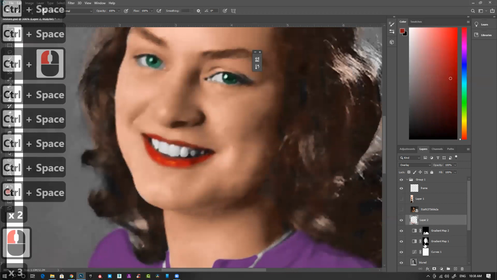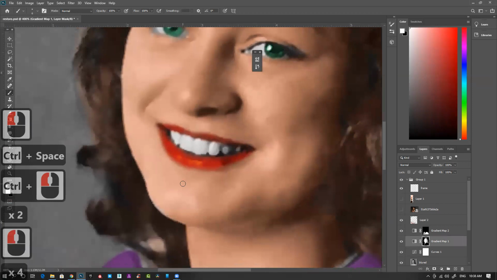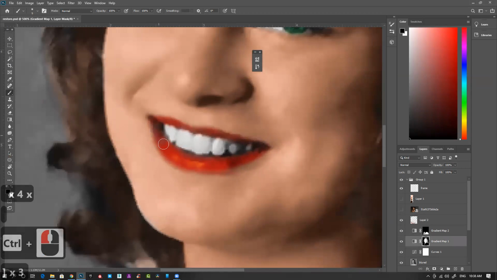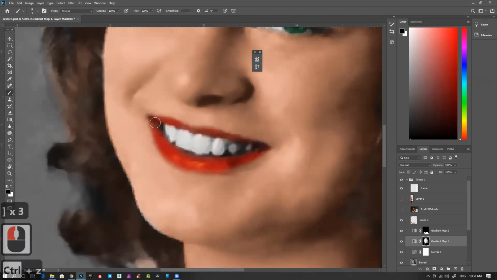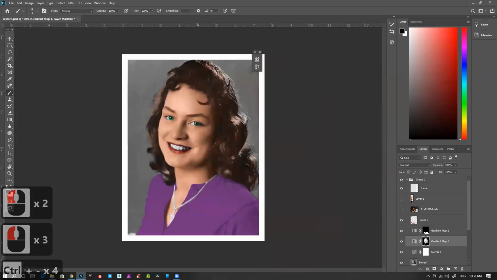So what I'll do is go back to my actual skin tone, and this time I press X, make sure it's black, and remove the skin tone from under this, so it becomes a bit natural, because right now it's a combination of these two colors, red and the skin tone. So remove that. Now lips are better.